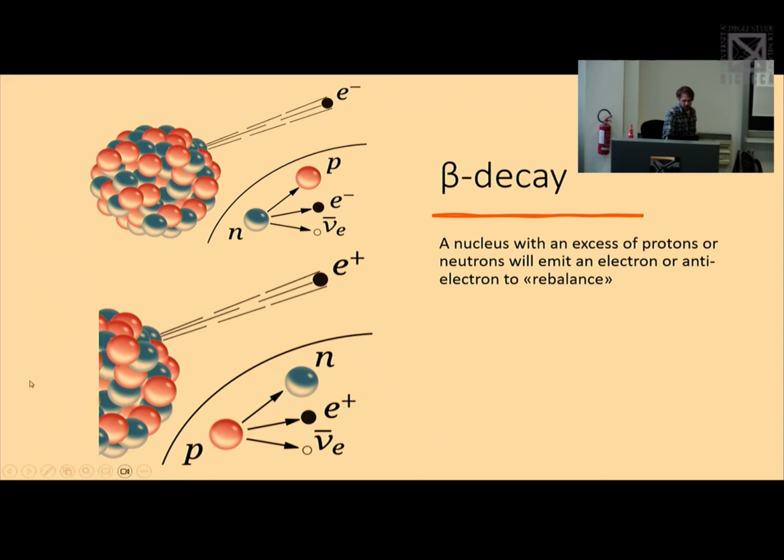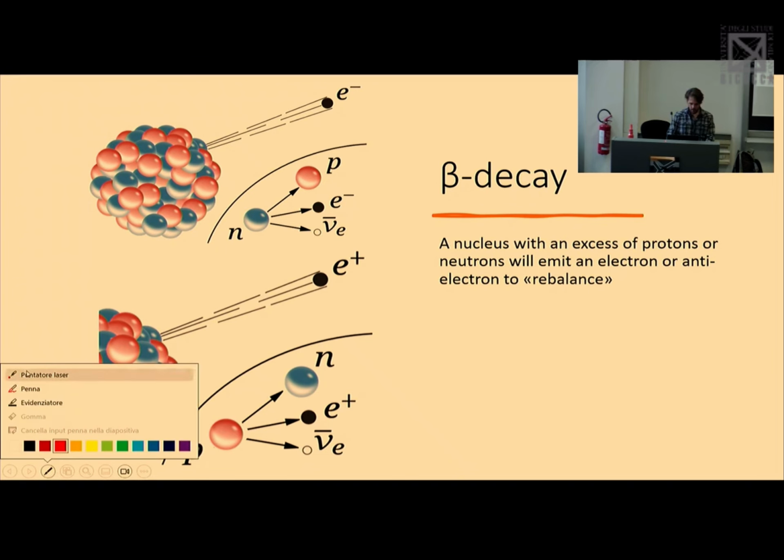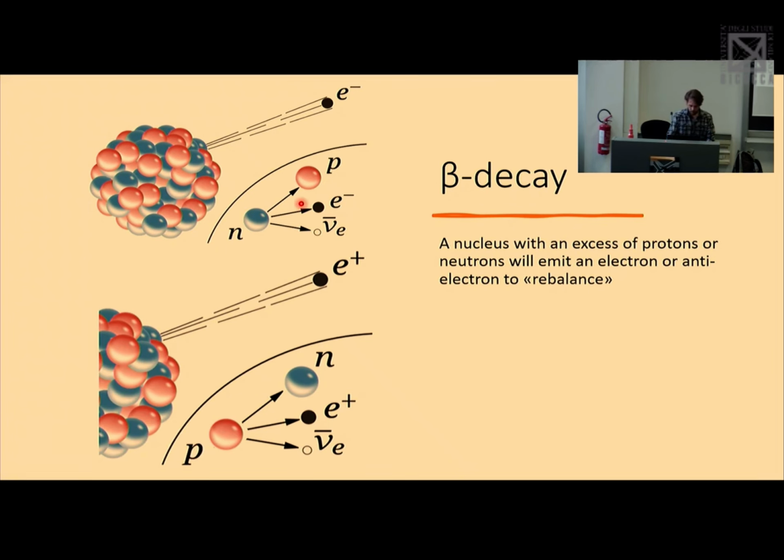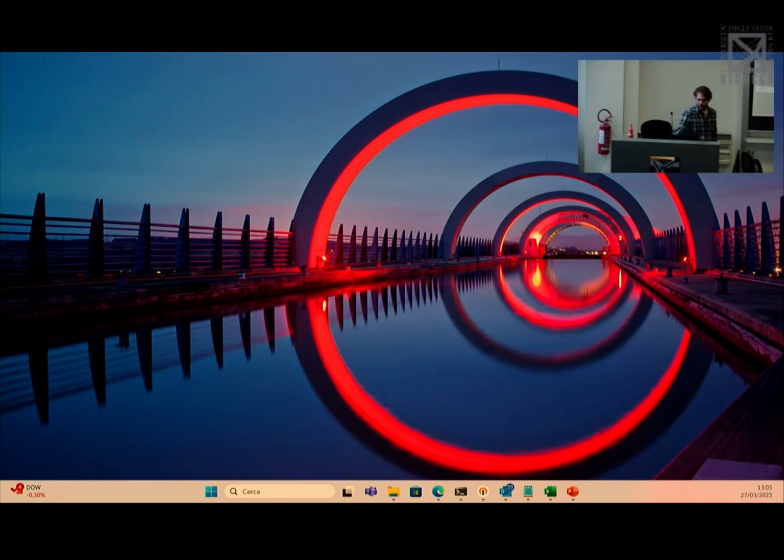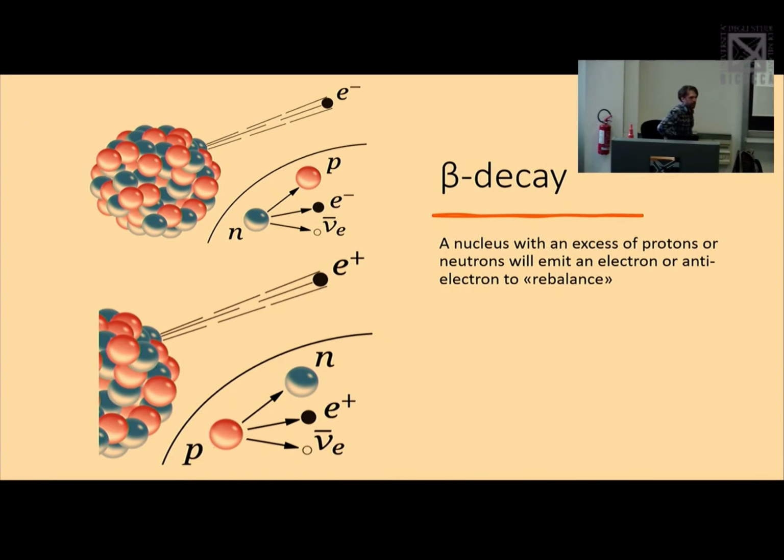In the first case, let me switch the visualization here. Okay. In the first case, we are interested in that because when there is the emission of an electron,